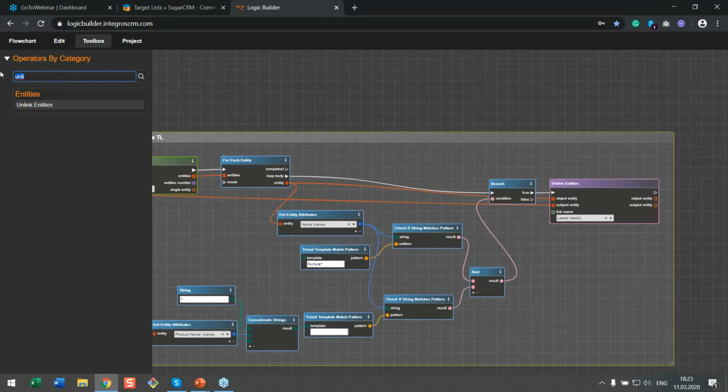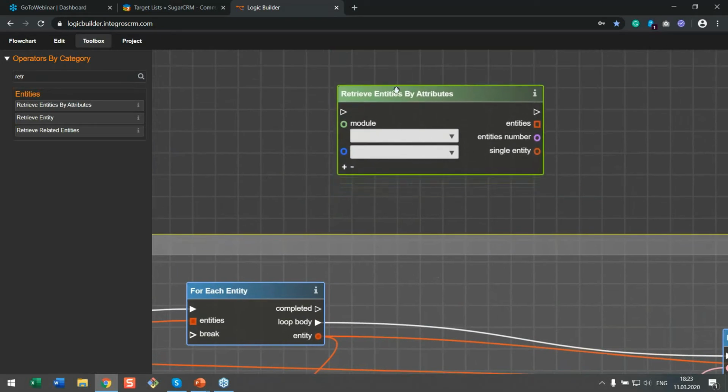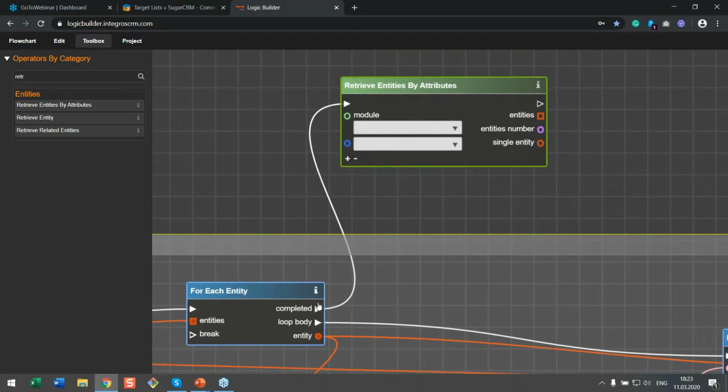I'm going to use the operator retrieve entities by attributes. That is how I can find a record using some attributes, very similar to a search performed within Sugar, where you filter some fields from a module. I'm working on the completed path,